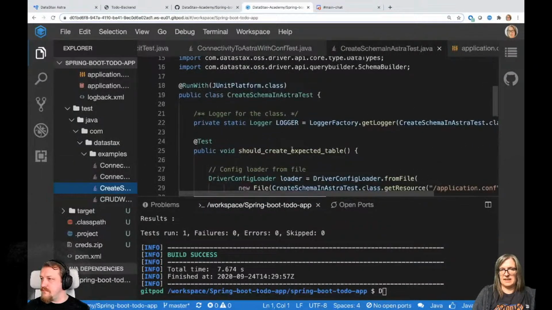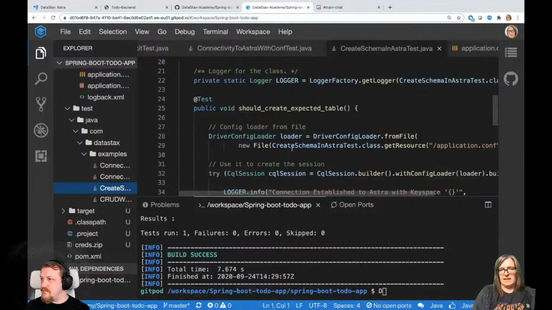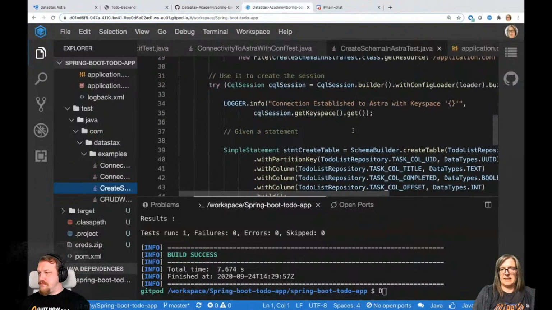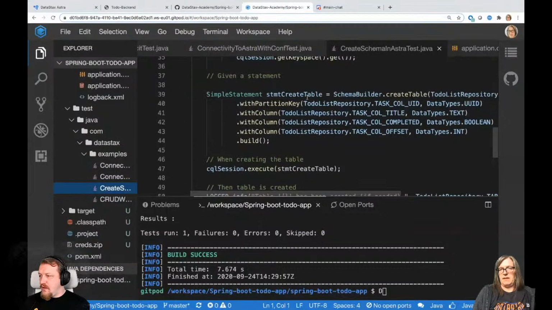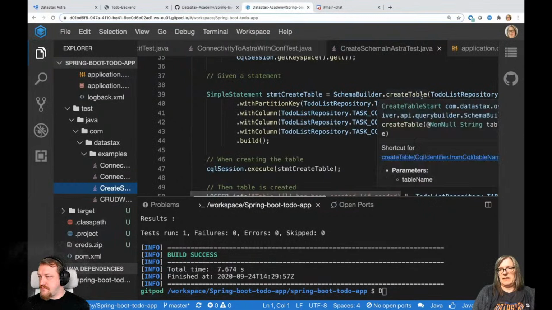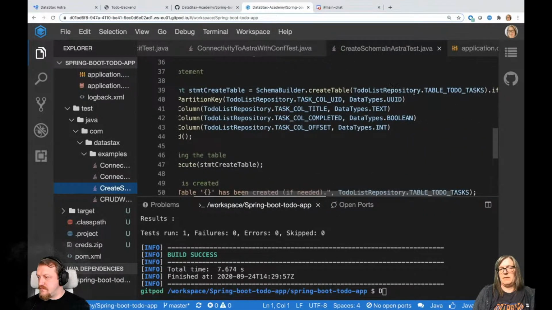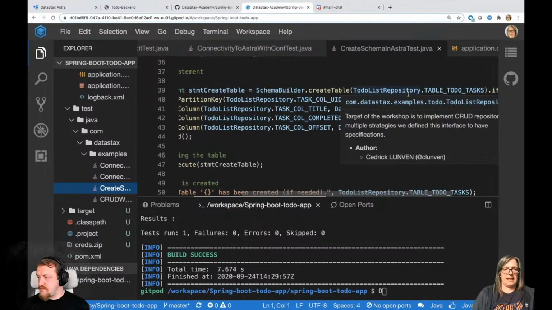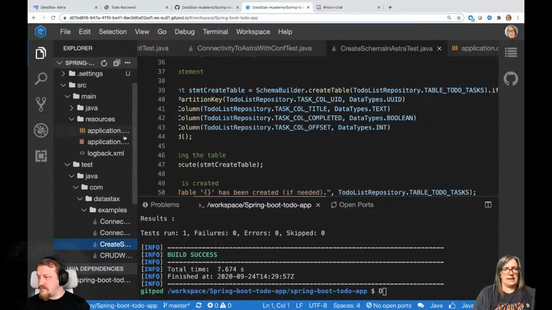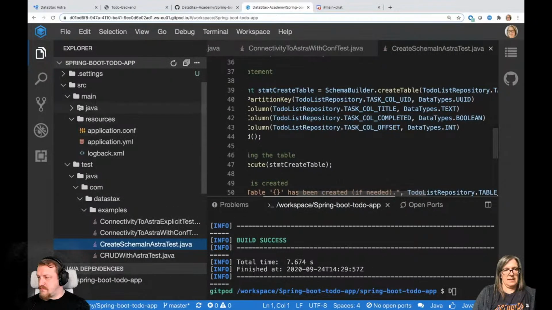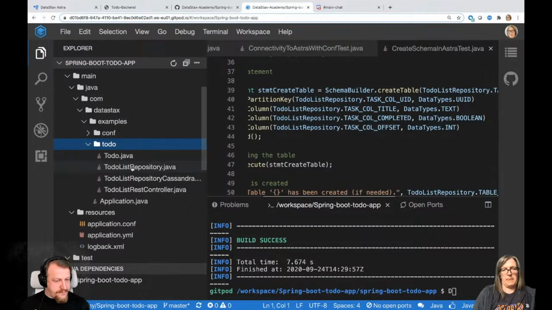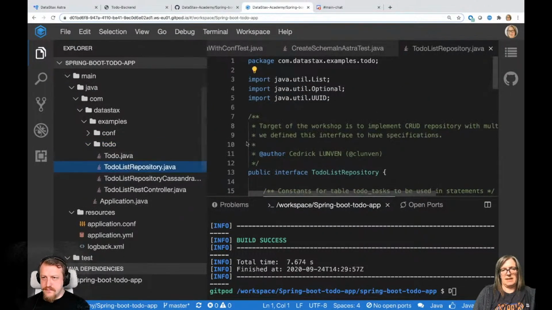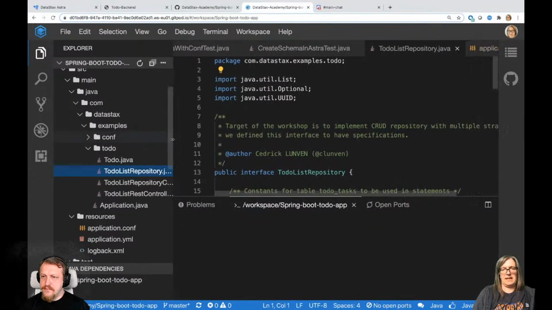So the create schema in Astra test, the code. And so here's our session that we're using, right? And this is the simple statement that we're creating here. So we're creating that here, schema builder, create table. We're taking the table definition from our repository where we defined everything. We defined it all in one place. So the repository is here in our to-do repository. And this is the implementation agnostic interface, right?